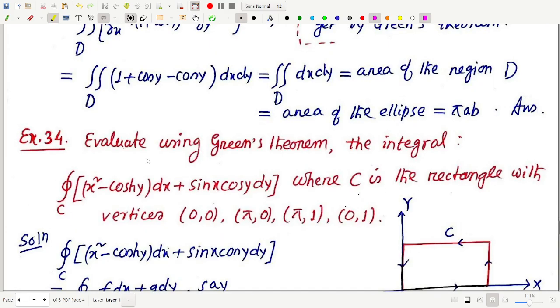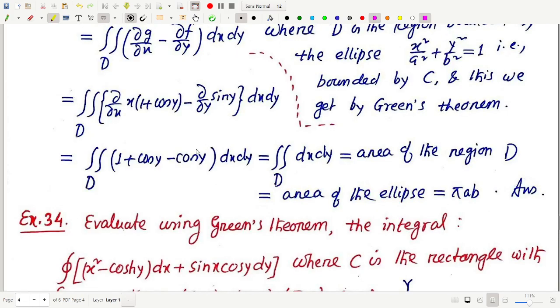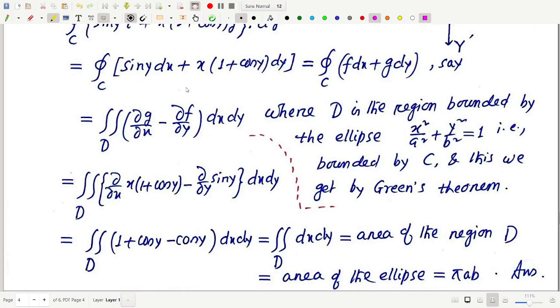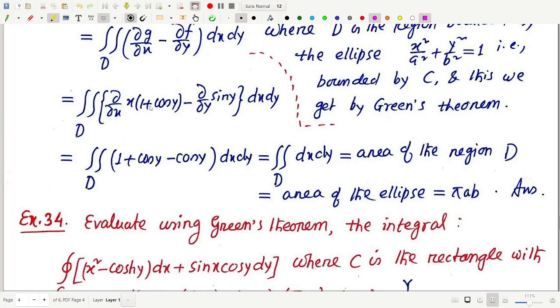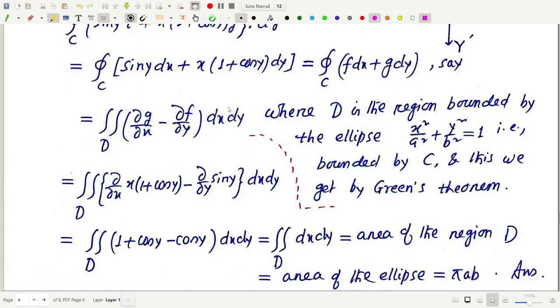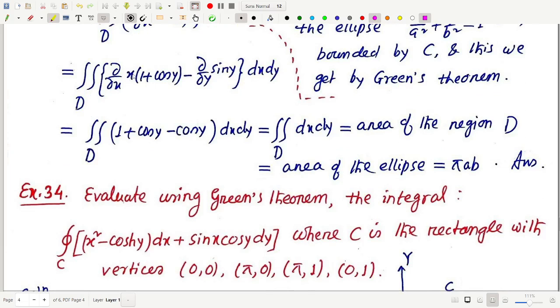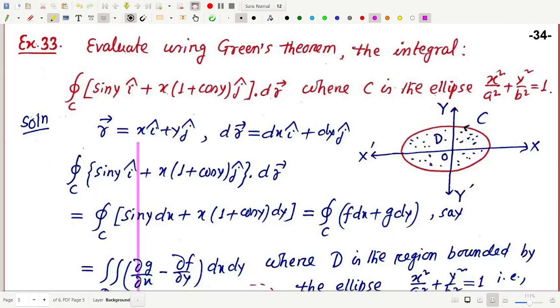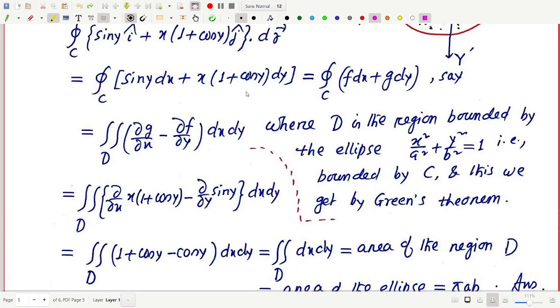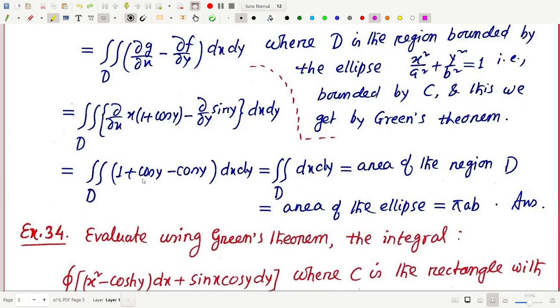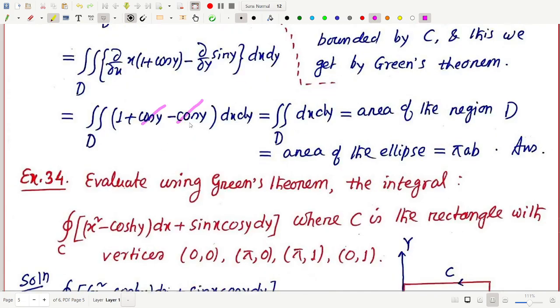Okay, now here del x of g means del x of x into (1 plus cos y), minus del y of f, which means sin y. So the partial derivative of x with respect to x is 1, so 1 plus cos y only, minus del y of sin y, which is cos y. So cos y and minus cos y get cancelled, 1 remains. So the double integration over the region D dx dy, the function is 1, and that we know